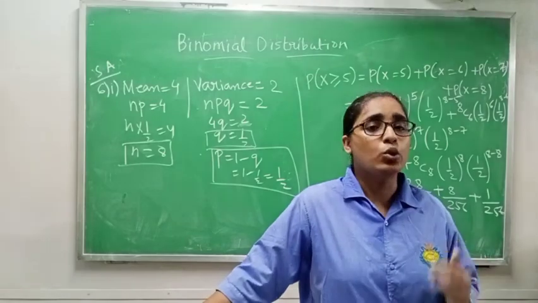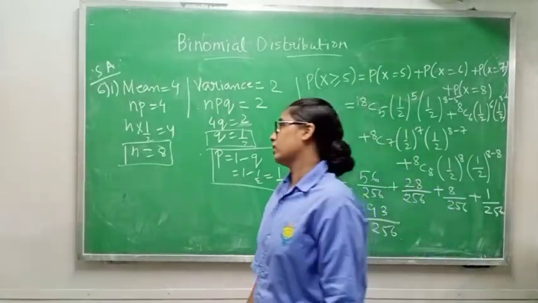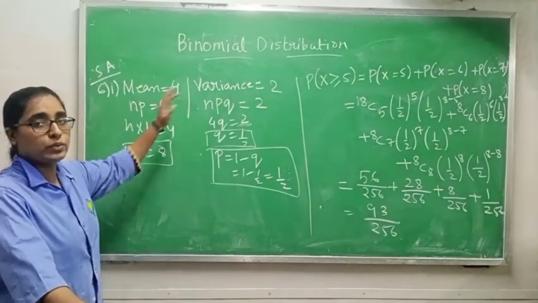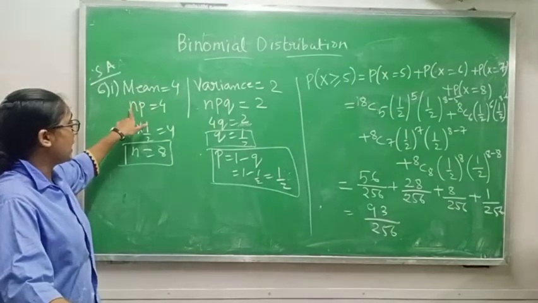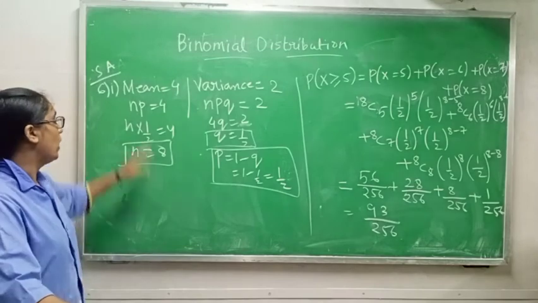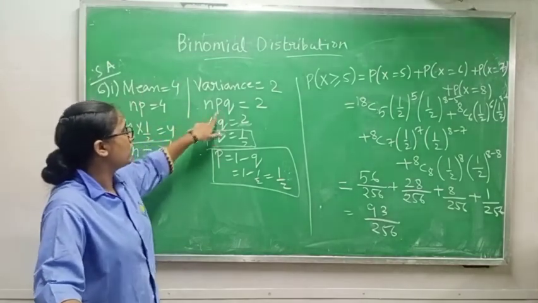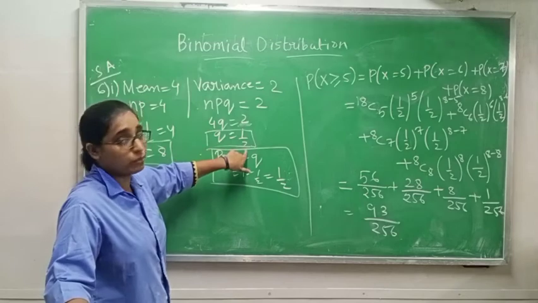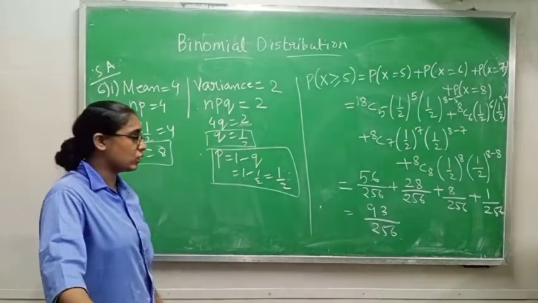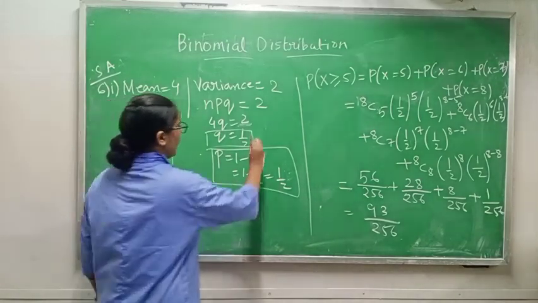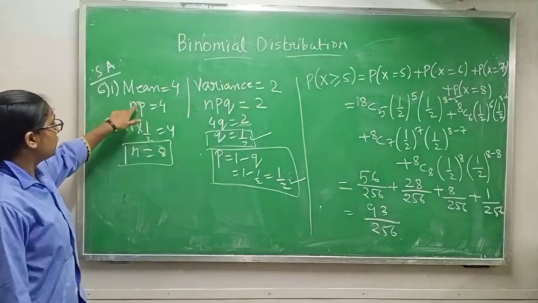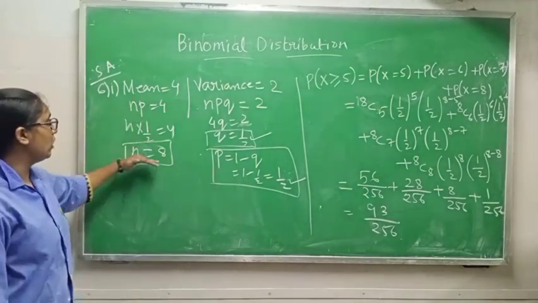Now you will ask, we don't know n value, so how are you going up to 8? Okay, so what is given? First, write that one. Mean equals 4, variance equals 2. So mean means np. np equals 4, variance means npq, which equals 2. Now np value I am putting in place of np and we are getting q value half. When I get q value, I can find p value because p is nothing but 1 minus q. So 1 minus q, again q is half as well as p is half. Now in place of p we can put half and n value we are getting 8.